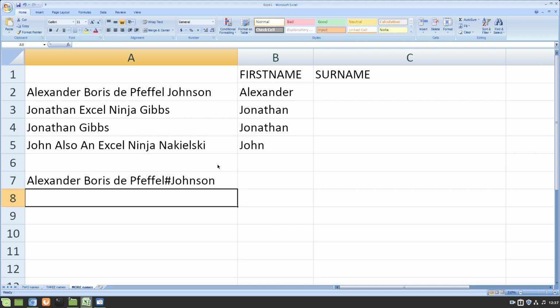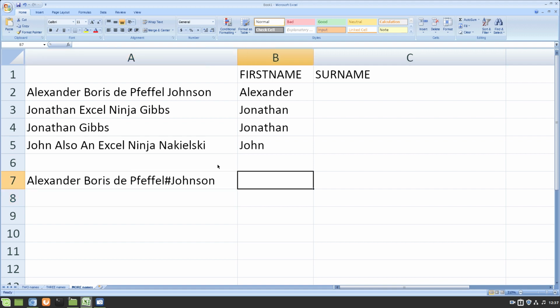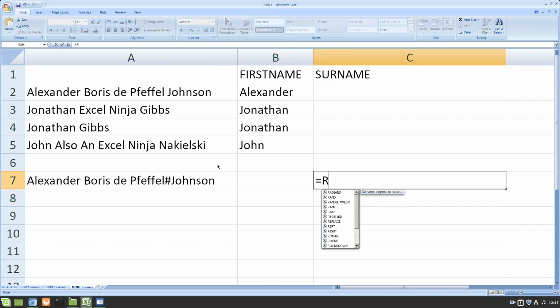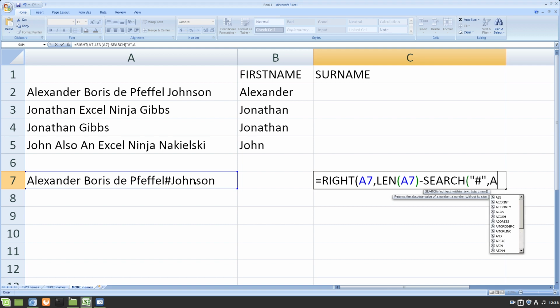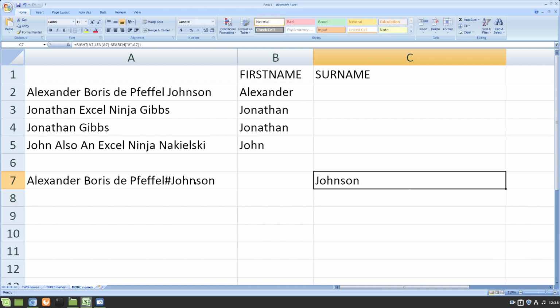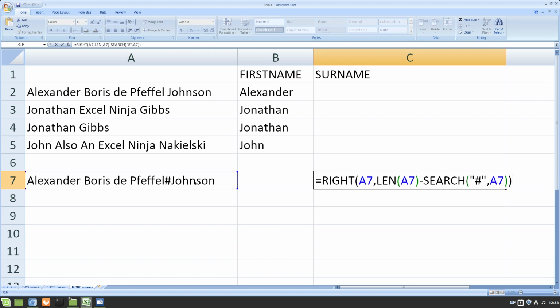Now that's useful to me because over here in my surname column, I can apply the same easy formula that I've learned earlier on, which is that if I want to find the surname, I take the length of the whole thing minus the position of the space, which is what we learned in the last video, but this time the position of the hashtag in A7, and we get the word Johnson, which is really great, yeah? However,